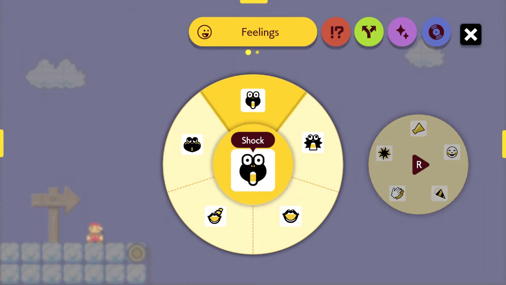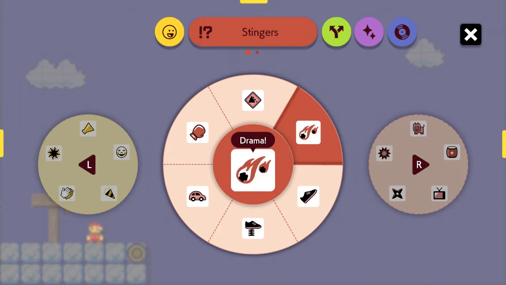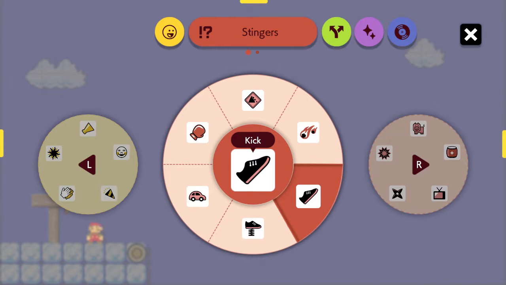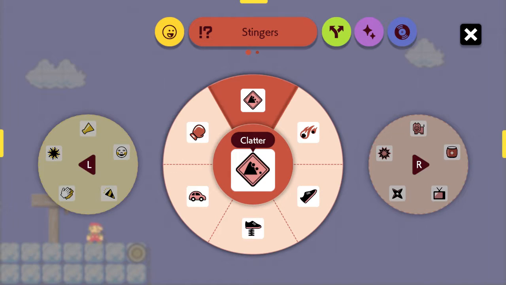Basically, you got shock, you got boo, or just tongue sound, shock, scream, laughter, guffaw, or comedy laugh, baby, party popper, applause, near miss, cheer, clatter, drama, kick, jump, honk honk, punch, clatter,